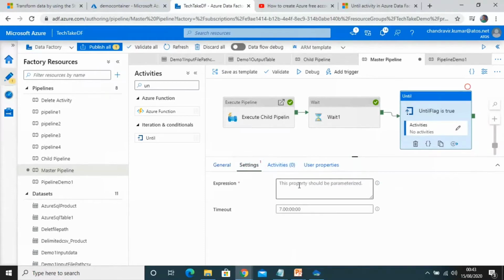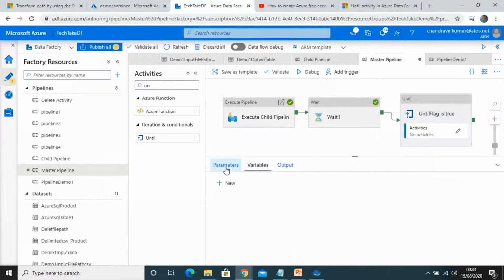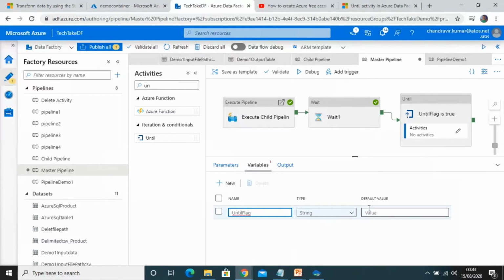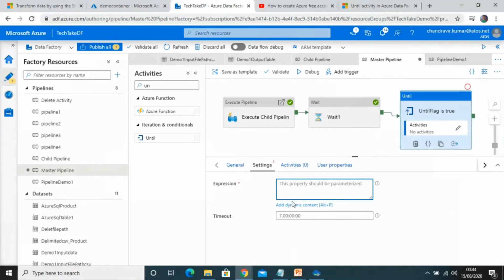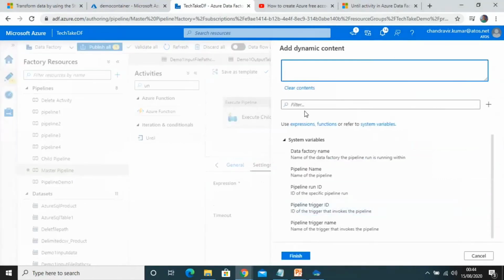This is the expression where we want to use a variable. First let me create a variable in the pipeline. This is the pipeline, and let's select new variable, and I'm naming it until flag. The type I'm keeping as string, and first let me give the value as false. Let me tell you why we are using false. First use this variable as the expression in the settings.